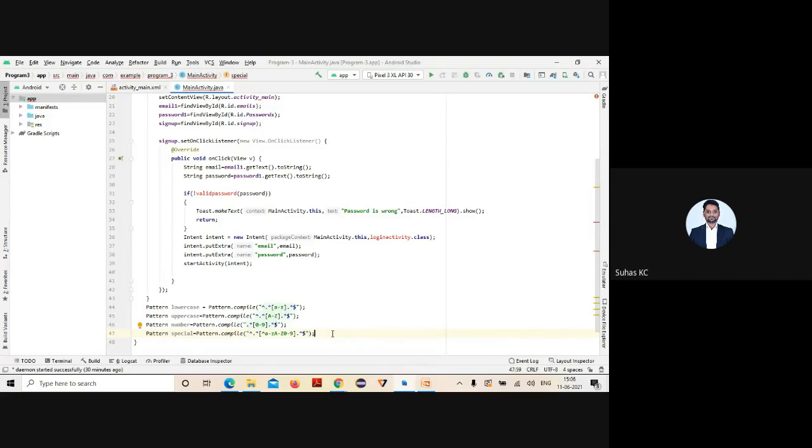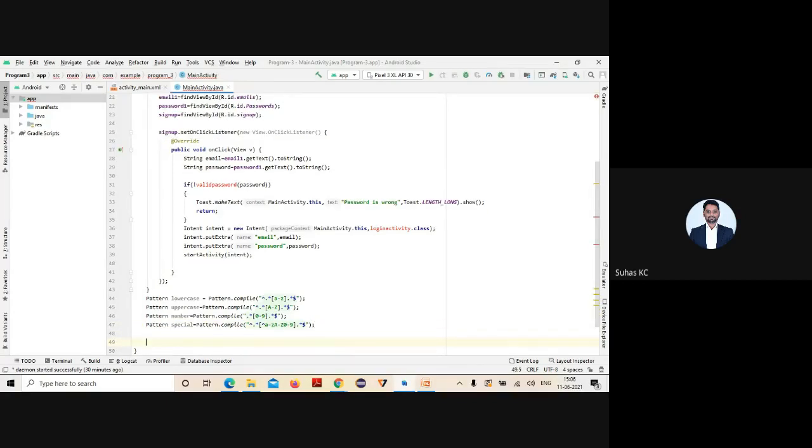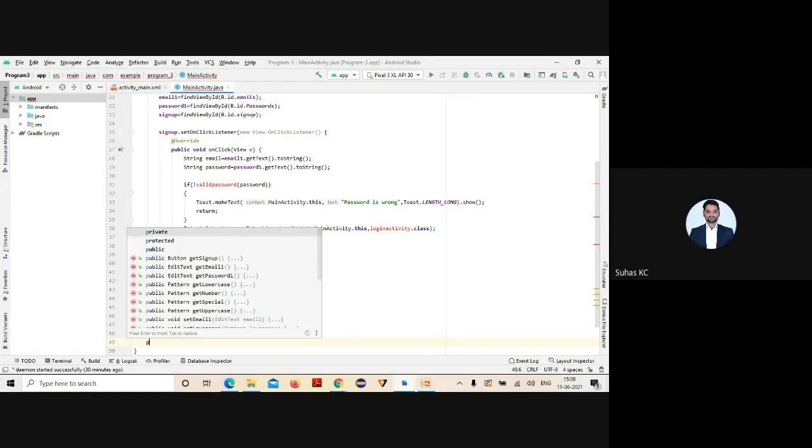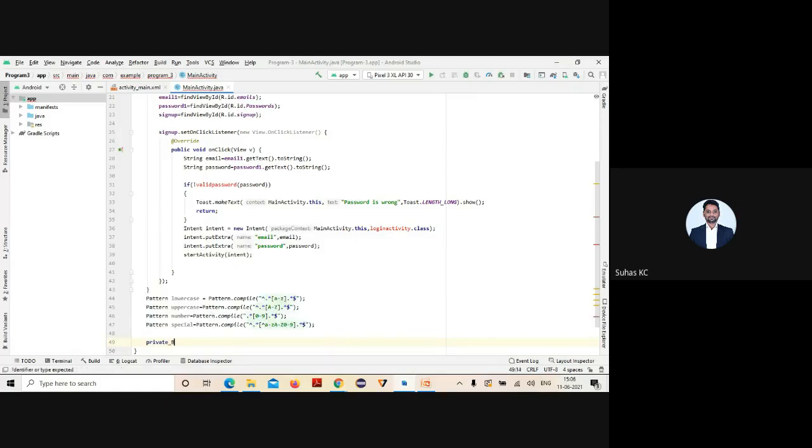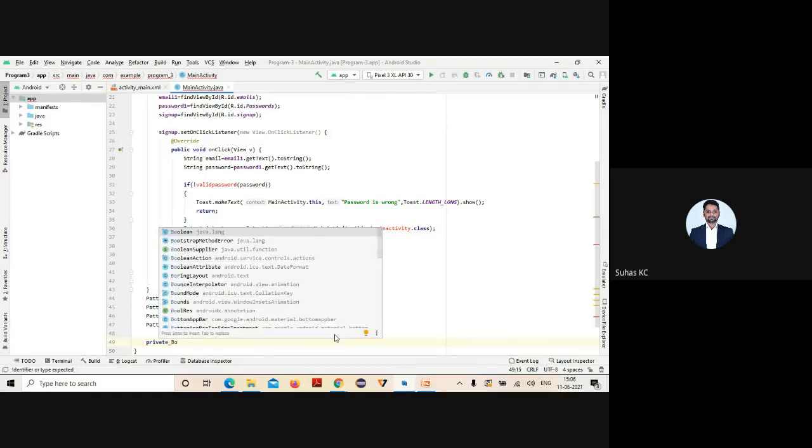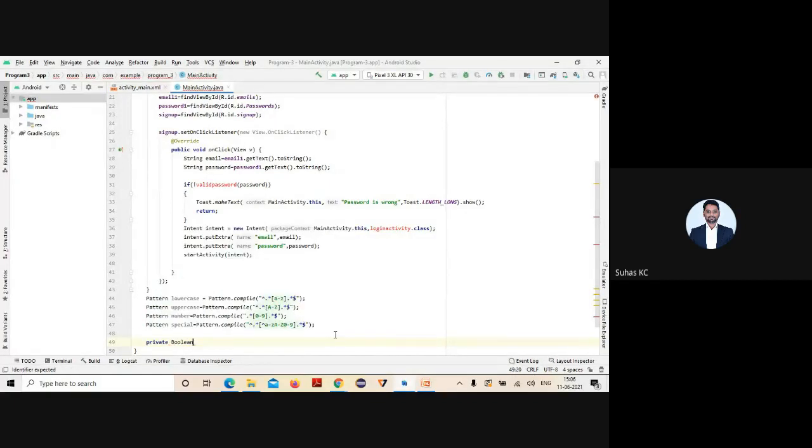Now I need to specify whether the password I've given is correct or not. So private is what I'm taking, and here I'm taking a class called Boolean. What will Boolean return? True or false. So I need to write for whether the password I entered is correct or not.